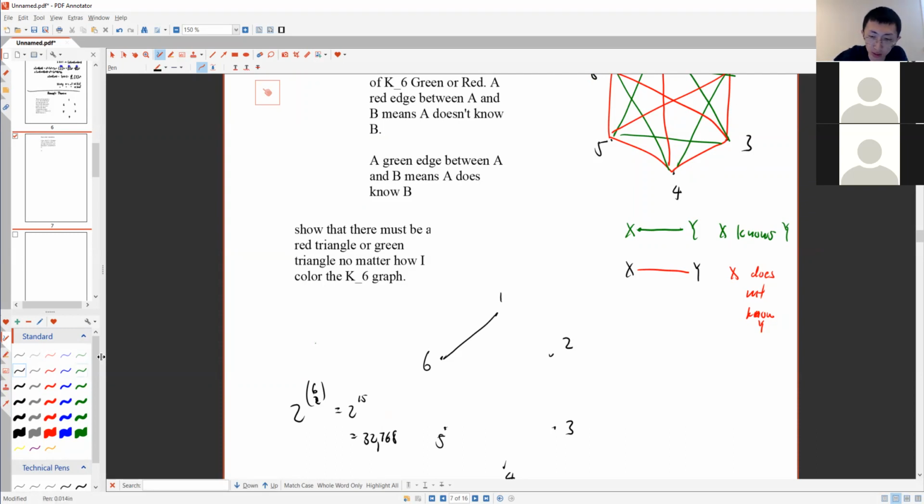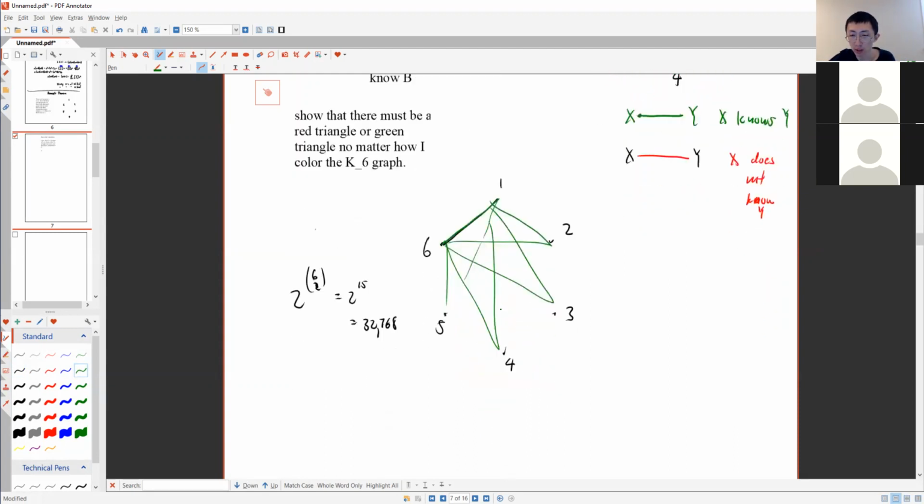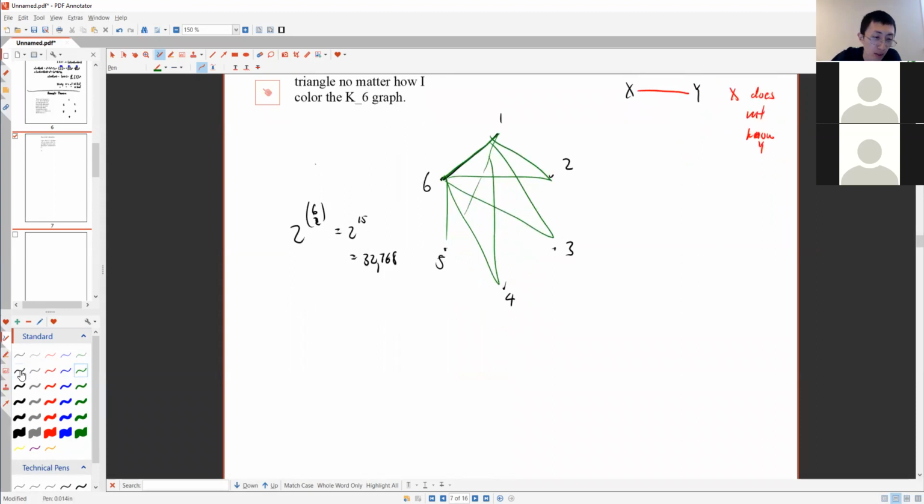So Adrita says, oh, maybe we can draw one of them and then check that at least one of these two makes a triangle with the first edge. That's not a bad idea. But how about we do this instead? If I just have one,